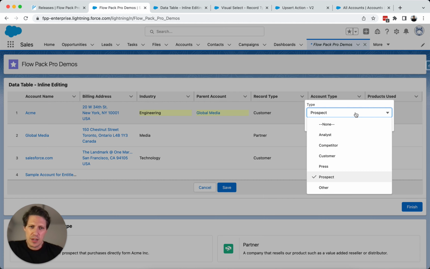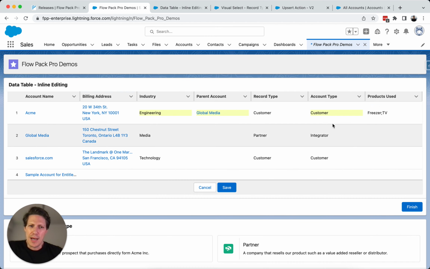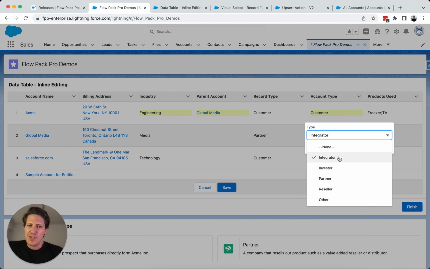And so if I click on this one, you can see things that are a little bit more customer focused: analyst, competitor, customer, press, prospect. And then if I flip to Global Media, which is a partner account, this pick list is going to be a little bit different: integrator, investor, partner, reseller. You can see here it's actually respecting the record type and only displaying the pick list values that are valid